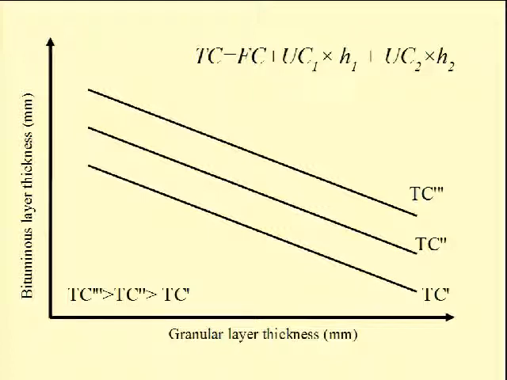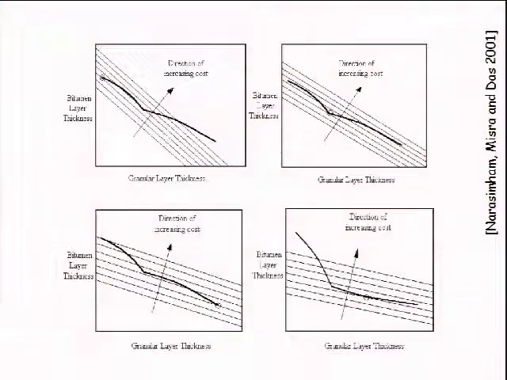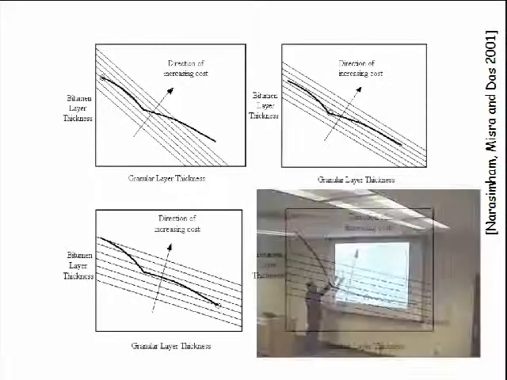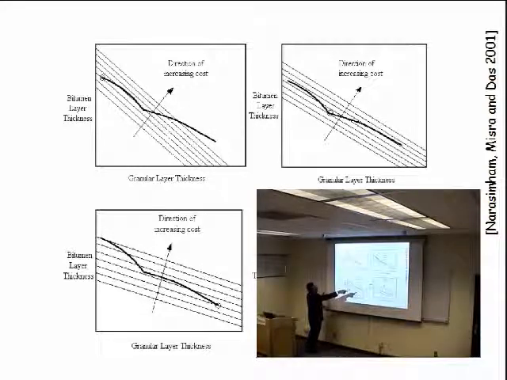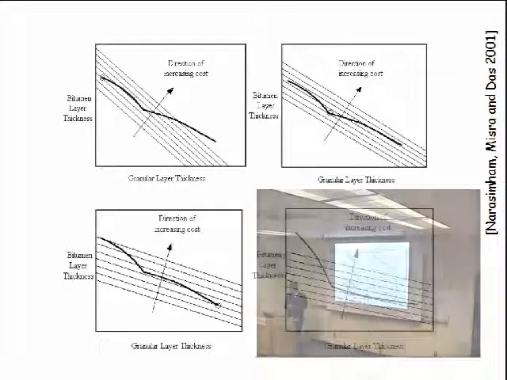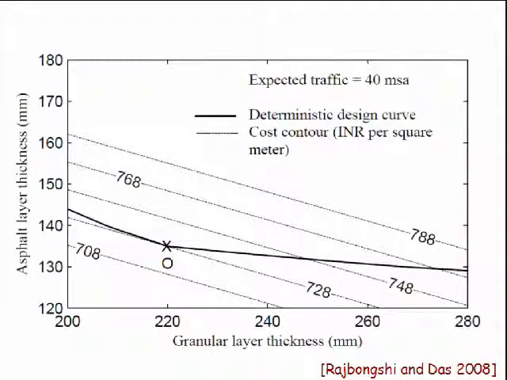Now, it would be interesting if we can superimpose the cost contour lines with our original structural pavement design lines, and there could be multiple possibilities. One possibility is that the cheapest cost comes there, or the other one could be that the cheapest is this, and then the cheapest can turn out to be the intersection of the fatigue and the rutting curve, or somewhere here. We did some kind of exercise, and we have seen that in most cases, for all practical values of the thickness of the bituminous layer and the granular layer, the cheapest option turns out to be the point O, which is the intersection of the fatigue and rutting curve.